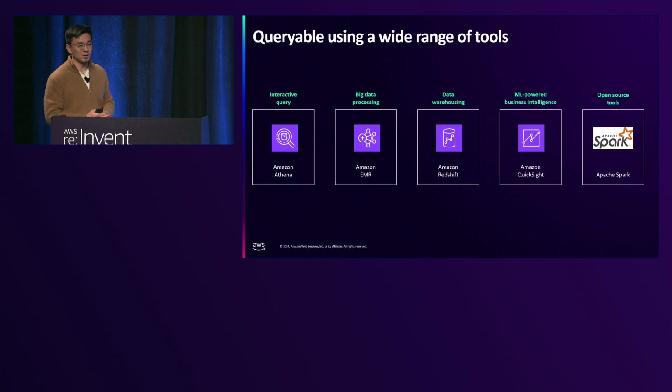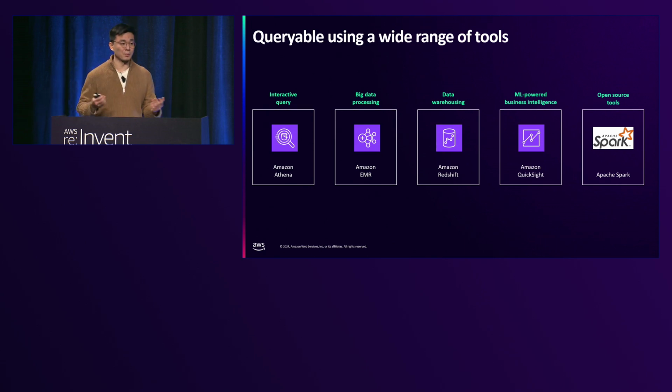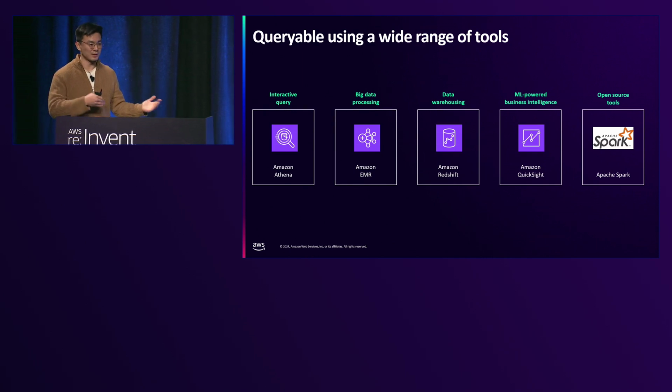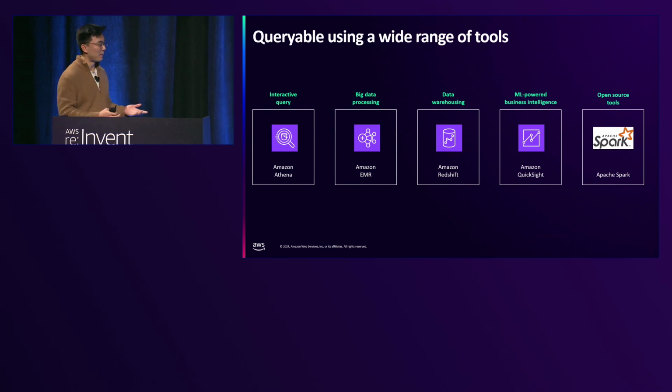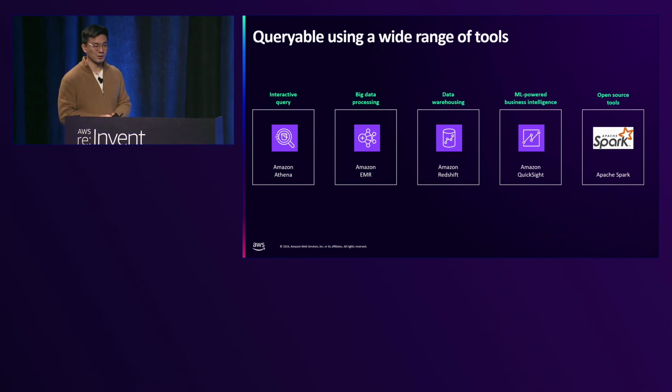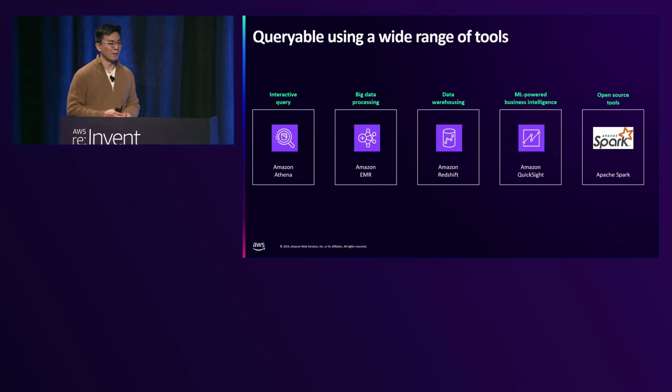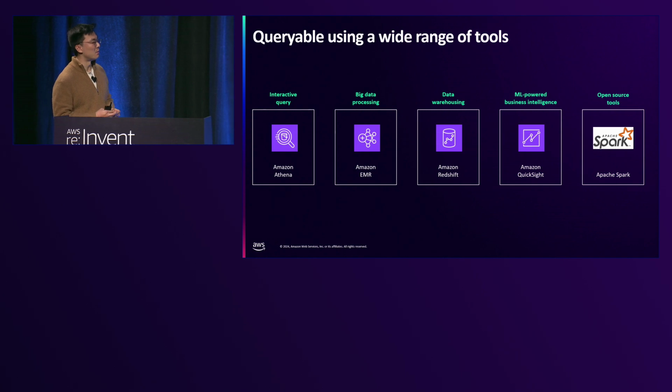What that means is that you can use Athena to query this table, to do interactive queries to understand what data you have. You can use, let's say, QuickSight to build dashboards on how many deletes happened in the last 7 days from this IP address. And table buckets also integrate with open source tools. As part of the release, we release a jar you can drop into your open source environments. So if you don't want to use AWS analytics services to query this table, you can use open source Apache Spark to query this table.